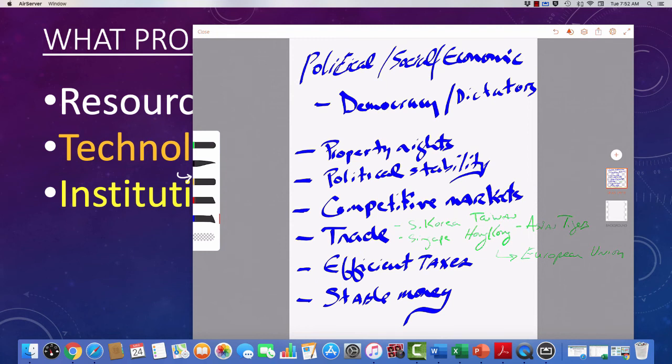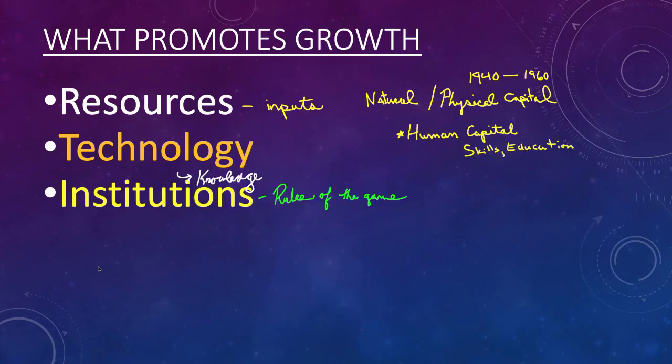Economic institutions, or just institutions generally, are looked at as ways to structure your economy, that set up the rules of the game that are going to lead to vibrant economic growth, or at least consistent economic growth, if you hold to these institutions. The last thing I want to put on our list here, as far as what promotes economic growth, is something we're going to talk a lot more about after your exam. And that is